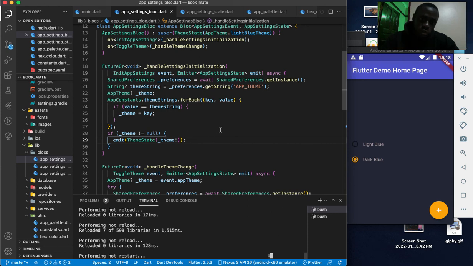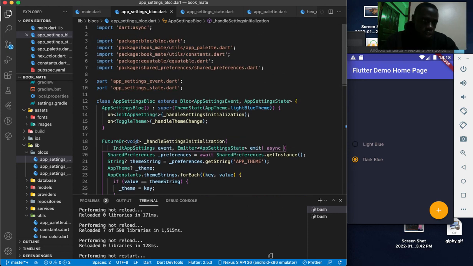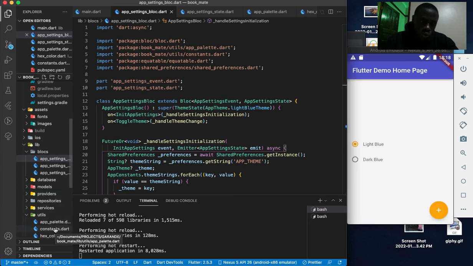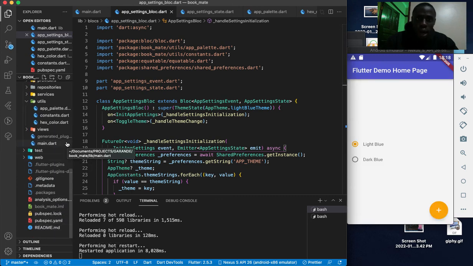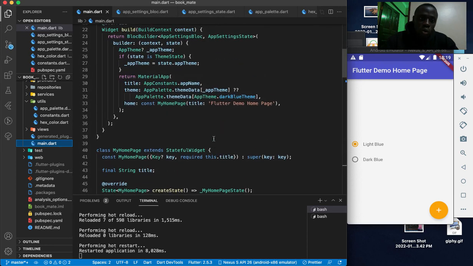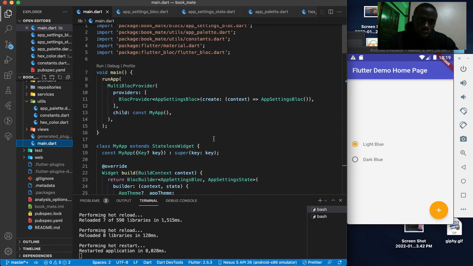So what we are going to do is come to the main file, and I think you have seen it has brought the light theme. We're going to come to the main file and call for the initialization of this